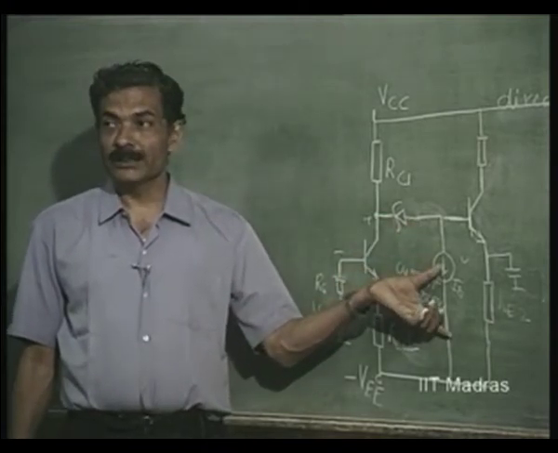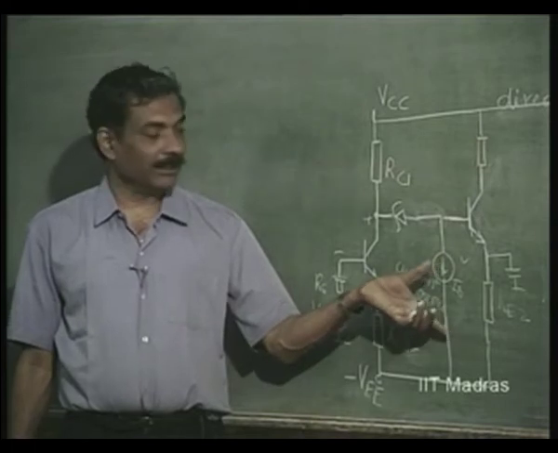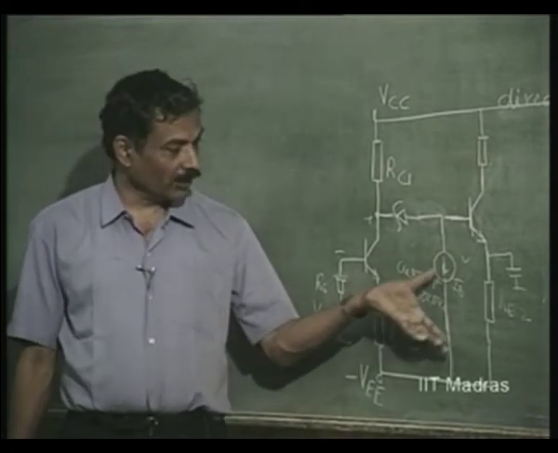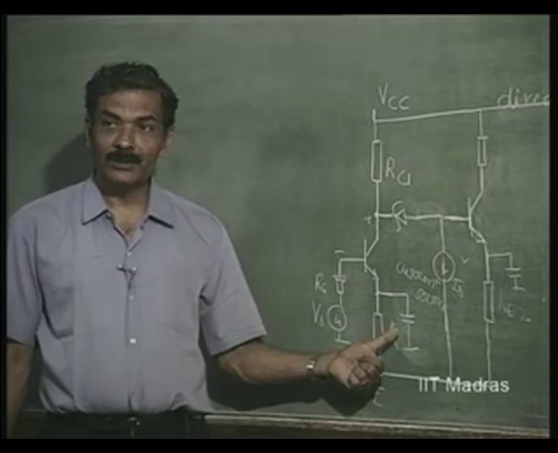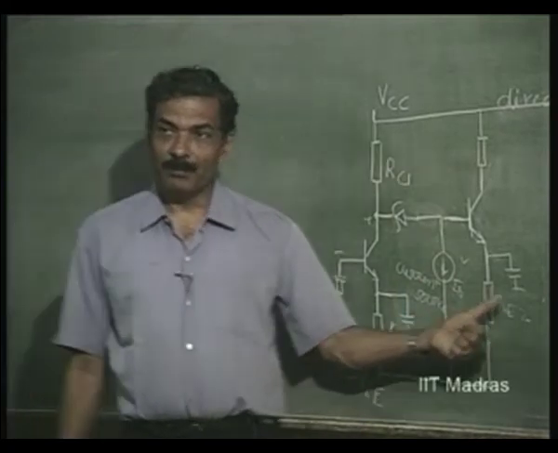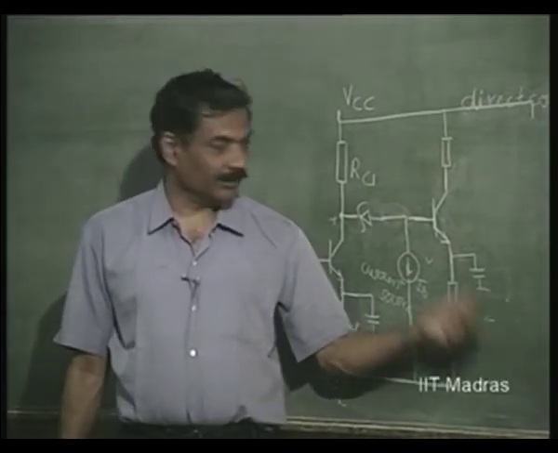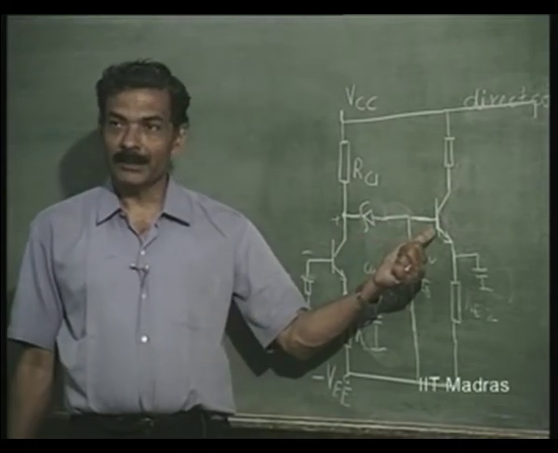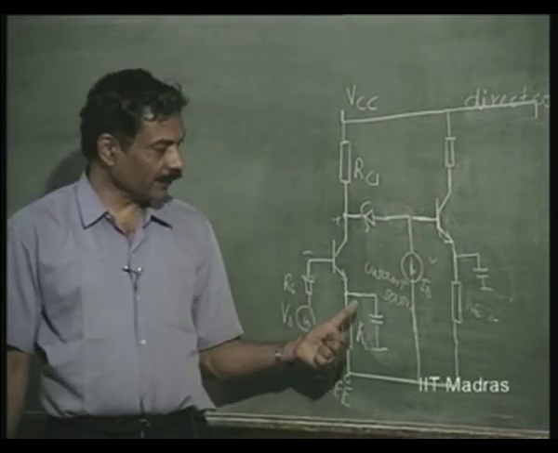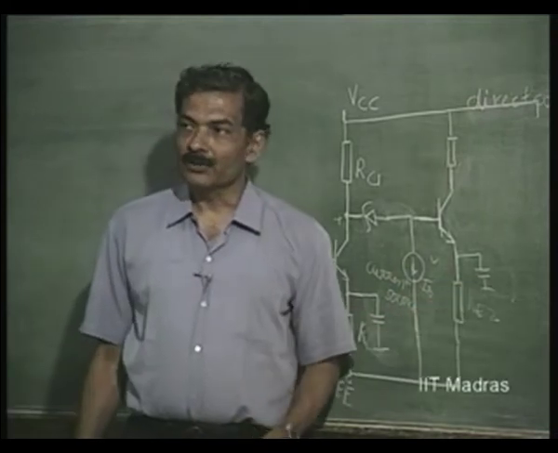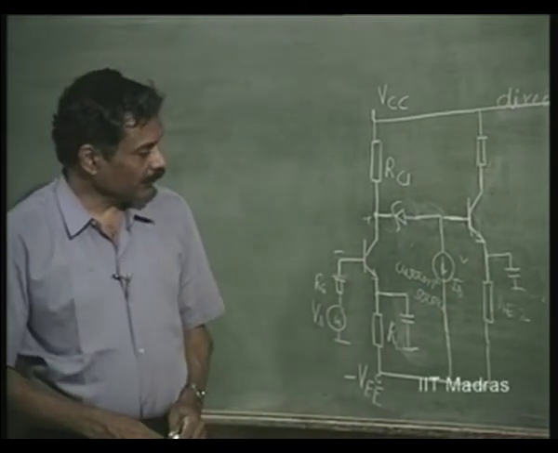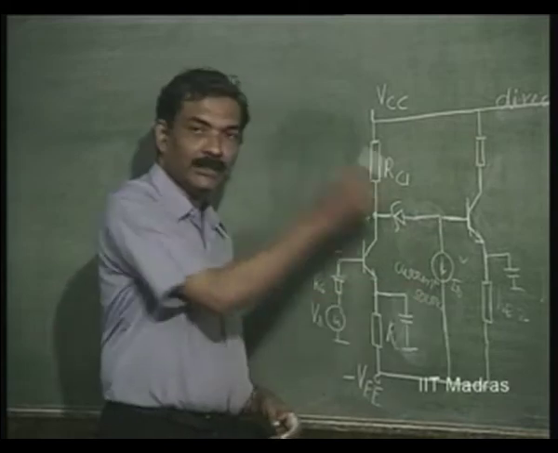So we will discuss in the next class how to obtain these current sources. We will discuss also later how to get rid of the bypass capacitors, because we have got rid of the coupling capacitors. How to get rid of these bypass capacitors also will be discussed in the next class. Then how to generate this current